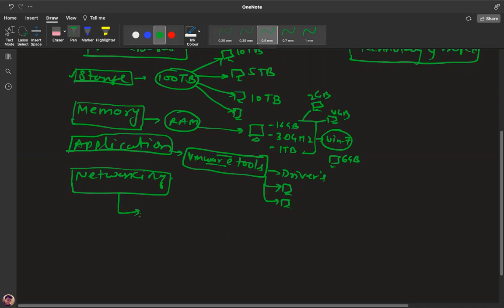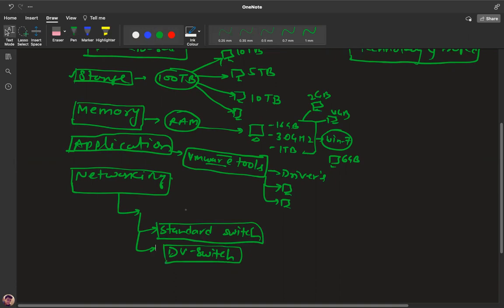Now talk about networking. It's really simple. We will discuss two important networking components: one is the standard switch, and second is the distributed switch. Is it clear? Yes, clear. I hope you know about the physical switch, manageable switch, non-manageable switch. With a manageable switch, like Cisco, you are able to configure a password, change the host name, create a password for the console, and perform a number of things.